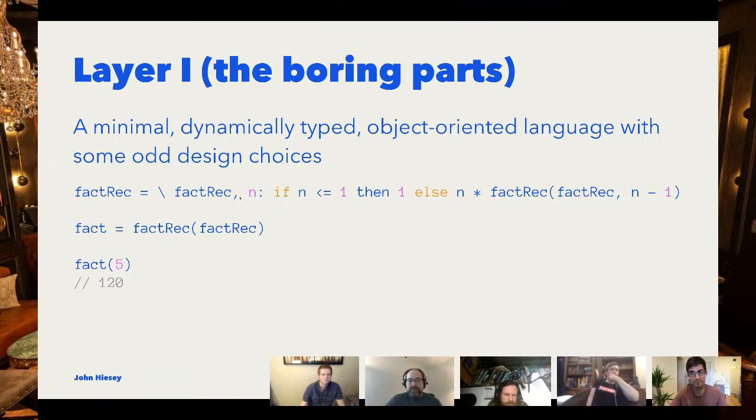And since it supports currying, which means I can pass one argument at a time, it's very different from JavaScript. In JavaScript, you can check arguments.length and see how many arguments you get. This is very different. If I pass one argument to this function, that returns another function that takes the rest of the arguments. So fact is now a function that takes one argument. And if I pass 5 in, I get 120 out.